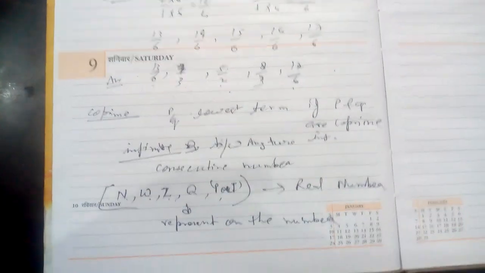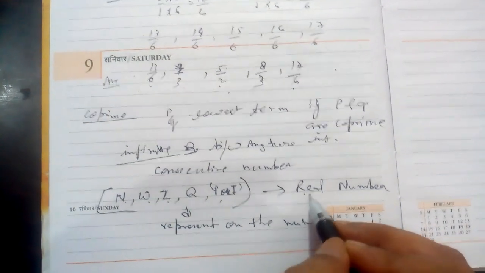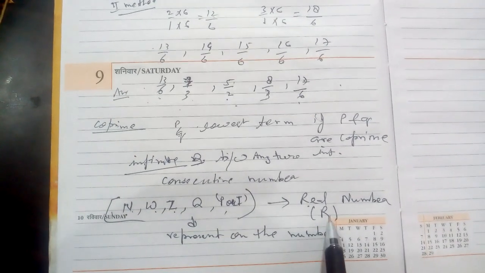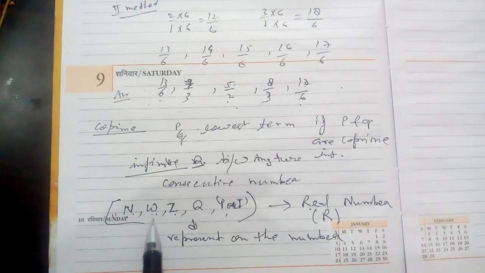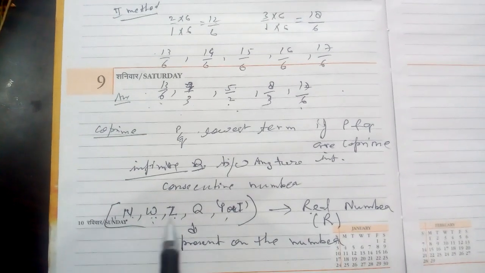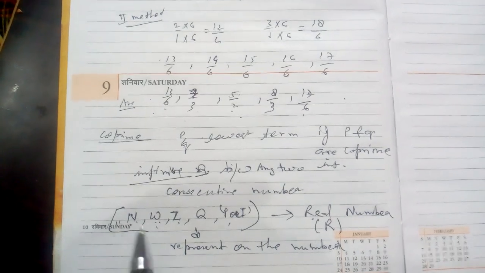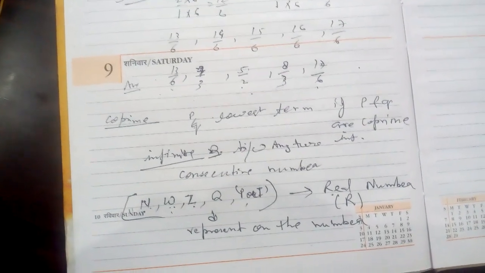So because it belongs to the real numbers, indicated by capital R: all the natural numbers are real. All the natural numbers are whole, but all the whole numbers are not natural. All the integers are not whole numbers, only the positive ones. So you must know these things. Their questions are given in the exercise and examples.